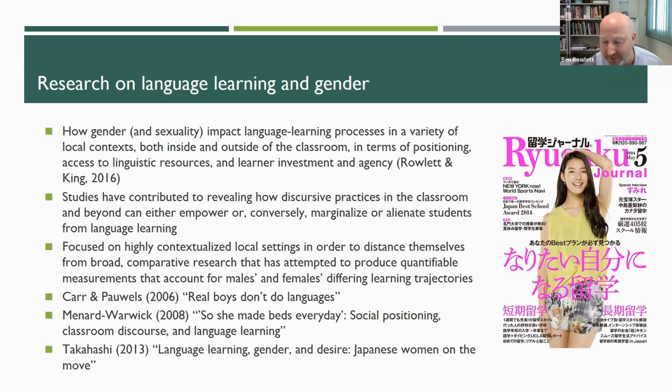So the way these opportunities are represented in the media, Takahashi proposes these symbolize the acquisition of new identities and a desirable way of life, which are separate from the pressures even of traditional gender restrictions in Japanese society. So these are just a few of the studies that I've just marked out here, but in general, studies such as these really highlight the ways in which gender positions are inseparable from other social identities that feed into language learning investments and outcomes, in particular educational contexts.